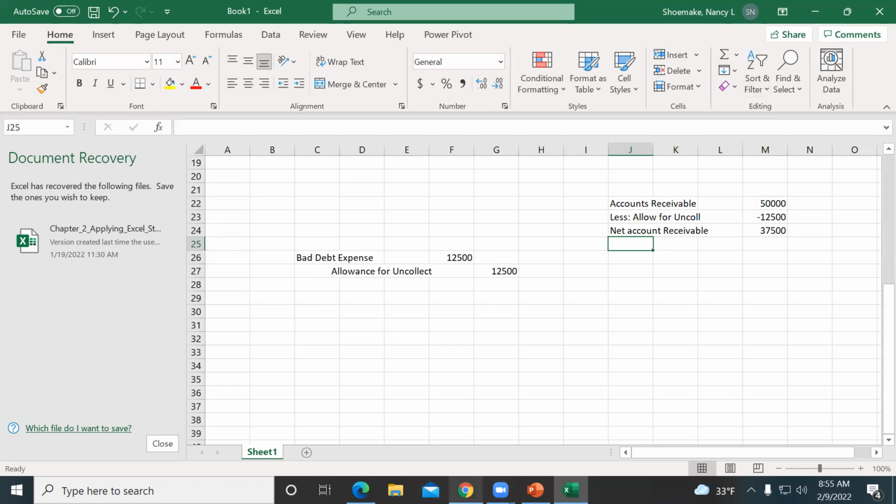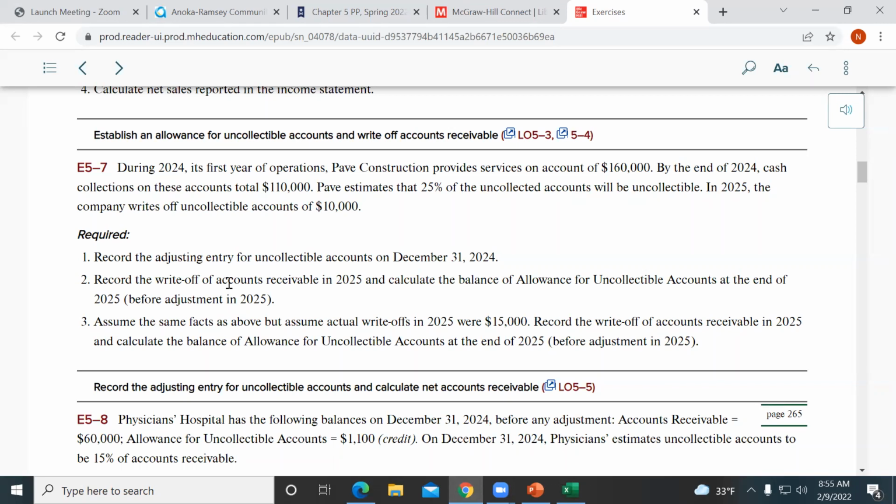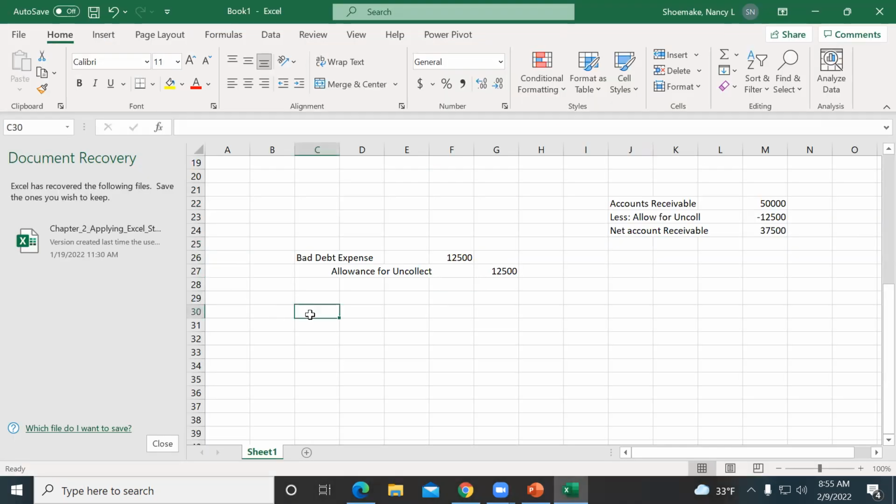So then when it tells us record the write-off of accounts receivable in the next year, 2025, and calculate the allowance for uncollectible accounts at the end of 2025. It tells us in 2025, the company writes off uncollectible accounts of 10,000. What are we going to do when we write off those uncollectible accounts? We're going to debit allowance for uncollectible accounts of 10,000. We're going to credit accounts receivable for 10,000,